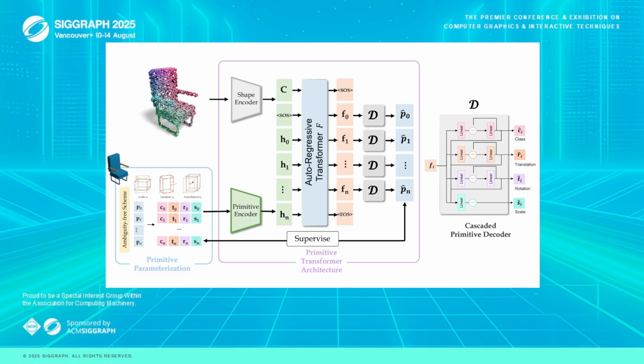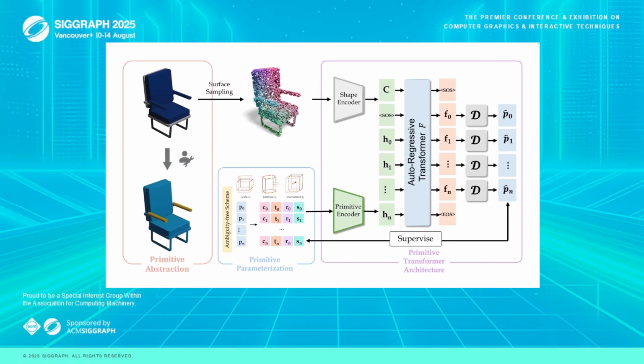This decoder adopts a progressive prediction structure. It first predicts class labels, then concatenates the class label embeddings with features, and sequentially predicts and concatenates to obtain translations, rotations, and scales, supervised by manually annotated primitive attributes. This design also aims to align with human-crafted patterns. First select primitives, then place them, then adjust angles, and finally adjust sizes. By converting shape primitive abstraction into an autoregressive sequence generation task, our PrimitiveAnything achieves primitive decomposition capabilities that align with